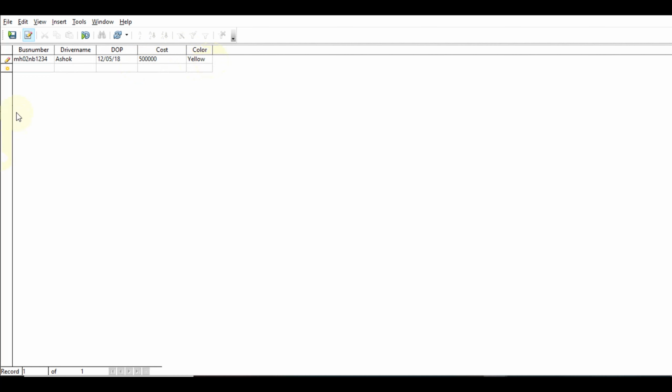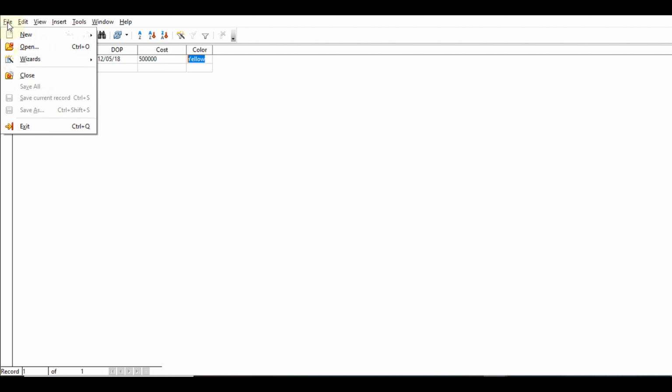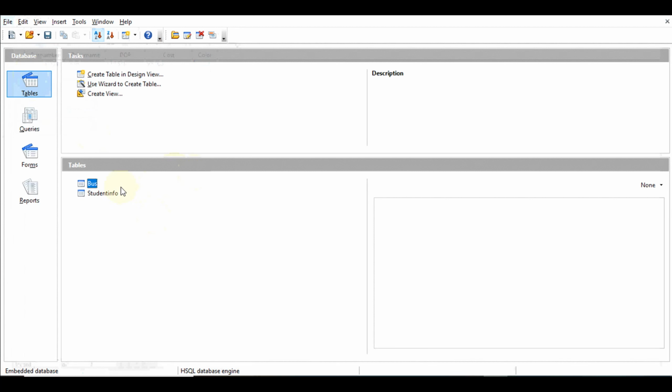So here in this way, one by one we can enter details of all the buses, and thereafter we have to click on this save current record option just to save our work. And now in this way we have done the data entry. Now after this, just close the table by clicking on this close option. So here now in this video you have seen in detail how we can use the create command just to create a table in OpenOffice Base DBMS. So here this video now I am going to end, and the remaining part of this session 2 will be covered in the next video.